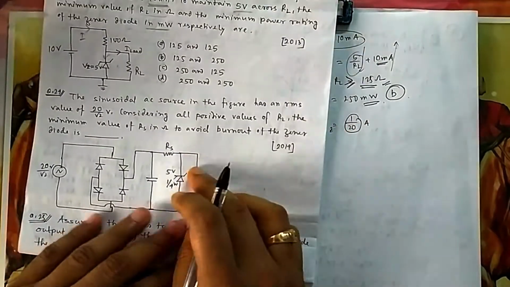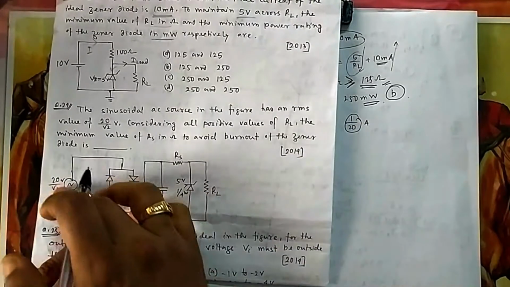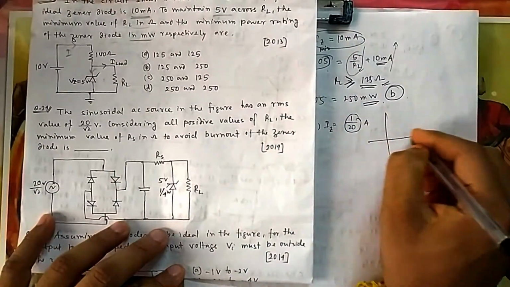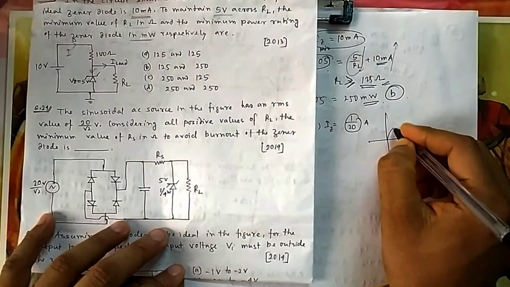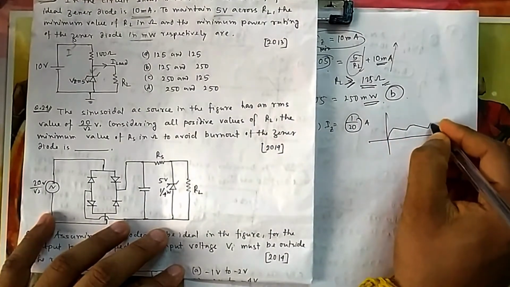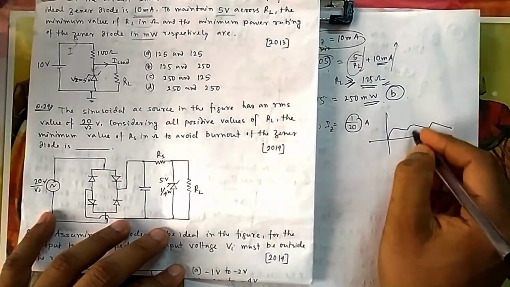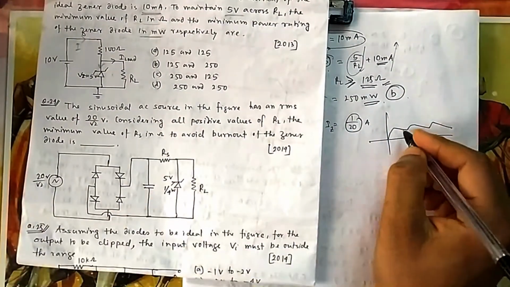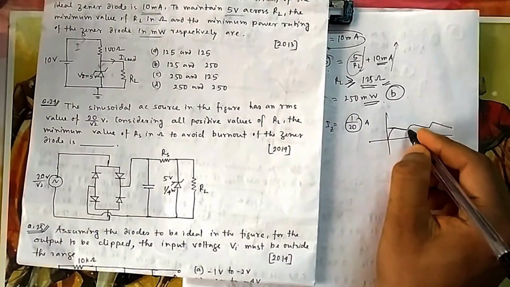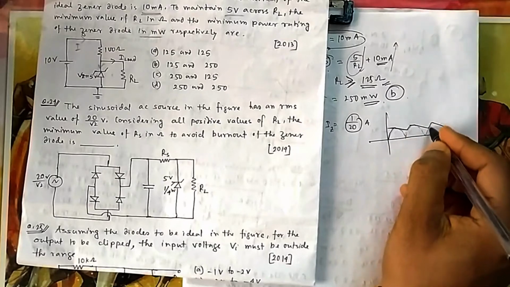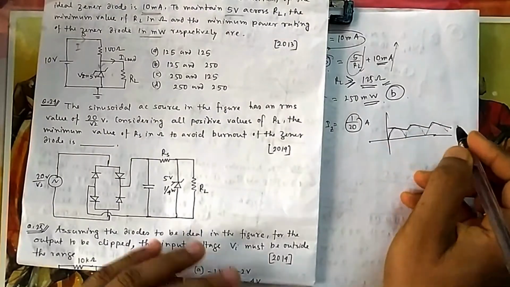Okay, so when will it cross? This current coming from here, a filter is also connected. What will be the output waveform? It will be something of this format, because of the filter capacitor, otherwise it would have been a full wave rectifier. Because of the capacitor, it will come to peak and then it will discharge. In full wave it would have been something like this, but because of the capacitor, the wave shape is something like this.